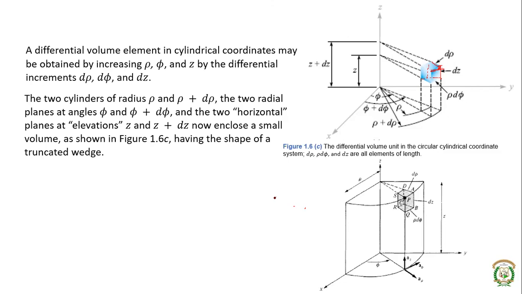So there will be one curved surface because it's a cylindrical surface, right? So this length, what you can see, ds and ap, those lines are not straight lines, but they are curved lines. So how do you get the length of a curved line? A curved line is nothing but the arc of a circle, right? So if you know the angle made by the arc of the circle, you can get the length of the arc. So can anyone tell me, if the angle is theta, what is the length of the arc made by that angle theta? If this is the arc of a circle, what is the length of this?